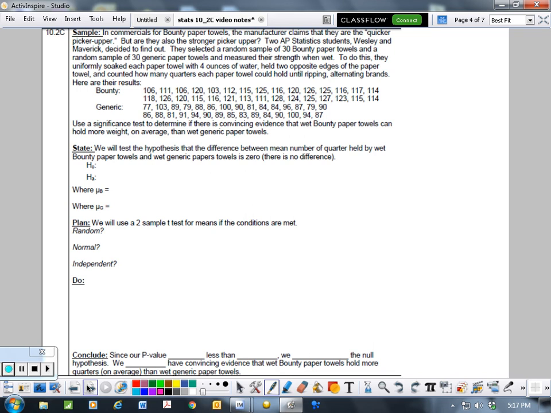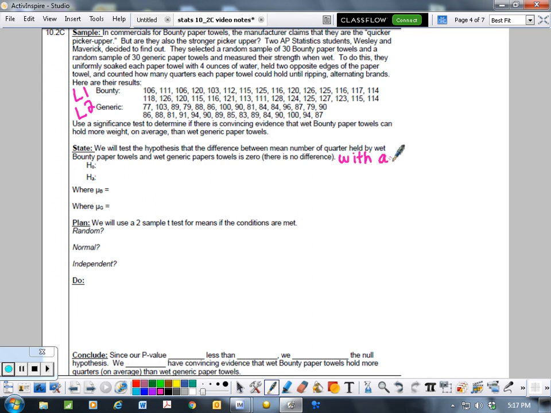Here are the results. So here's the results for Bounty. Because they are giving us straight up results, we're going to need to put that into our calculator under list 1. And then for generic, we have list 2. It definitely looks like Bounty has bigger numbers than the generic, but is it a big enough difference, or could that have just happened by chance? So we will test the hypothesis that the difference between the mean number of quarters held by wet Bounty paper towels and wet generic paper towels is 0,